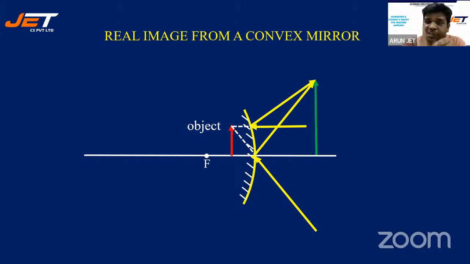Even after reflecting from a convex mirror, the rays are converging. Once the rays are converging, that's definitely a real image. After reflection, if they converge, that's definitely a real image. So I got an image, which is a real image. So I could prove that real images from a convex mirror can be formed. Did I prove it in general? No, I didn't prove it in general. I have shown that yes, there is a possible case where a real image can be formed using